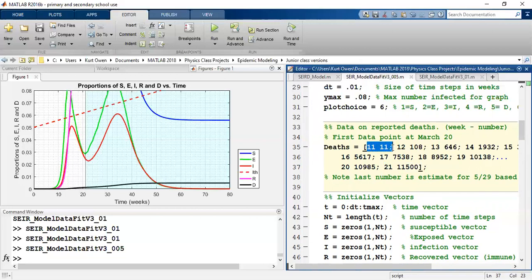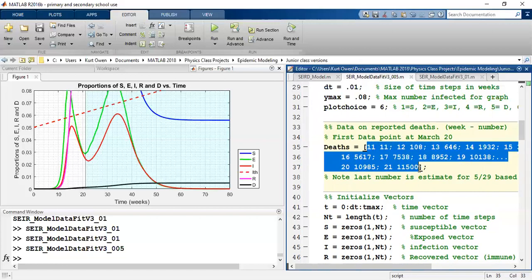A quirky thing about MATLAB matrices is you just enter them in one long line. Wherever you have a semicolon, you can see that in these first two numbers, that's telling MATLAB that you've gone to the next row. So that first semicolon says that the 11, 11 is on the first row. The second row of the matrix is 12, 108. The third row of the matrix is 13, 646. While this does not look quite like a matrix as we would see it, that's how MATLAB reads it,